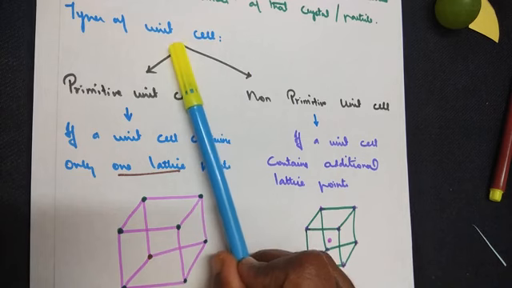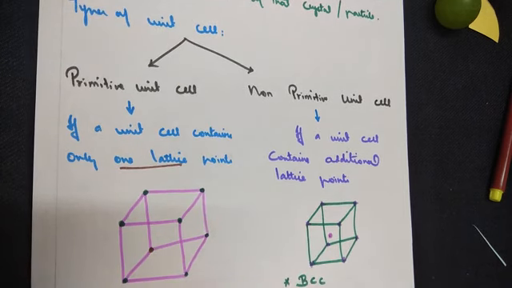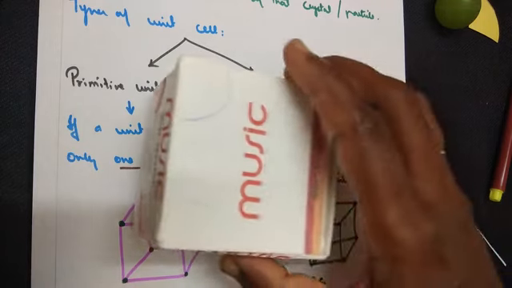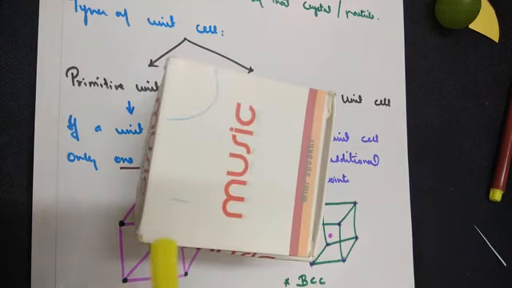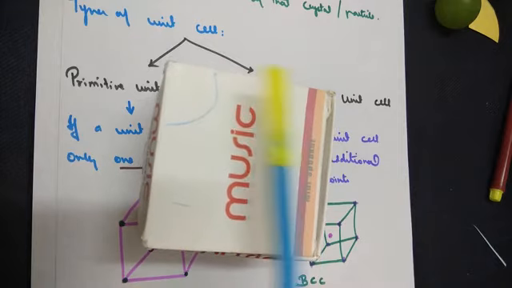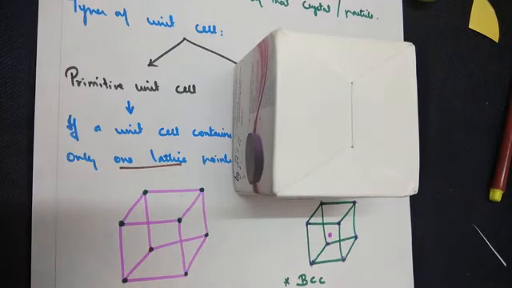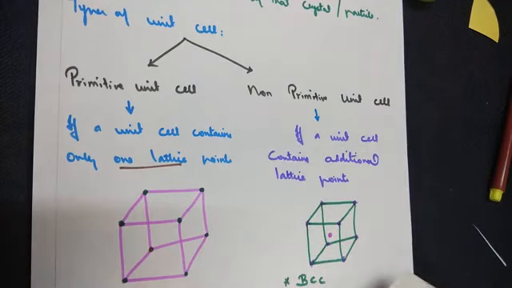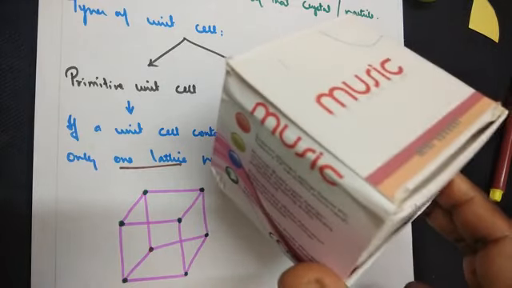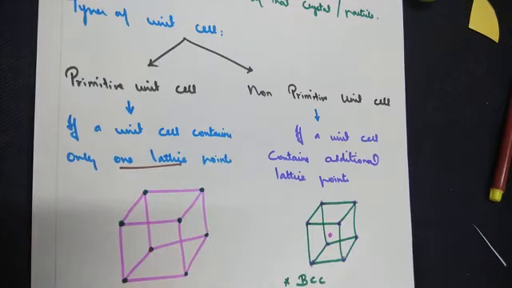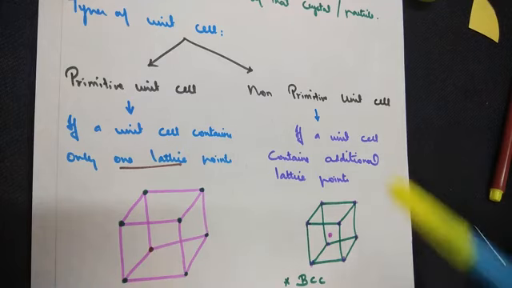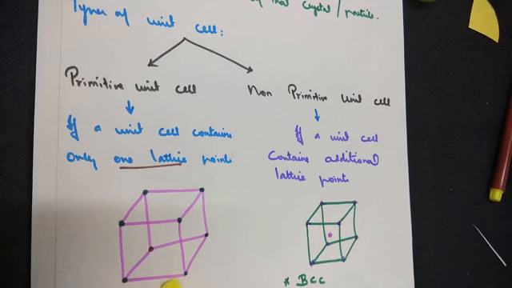When we say unit cell, it's represented in a three-dimensional pattern in the form of a cube. A cube has how many corners? 8 corners are there: 1, 2, 3, 4, and if we go around, 5, 6, 7, 8. So unit cells are represented as a cube in three dimensions, with layers below and above. Each of the 8 corners will have particles in it.